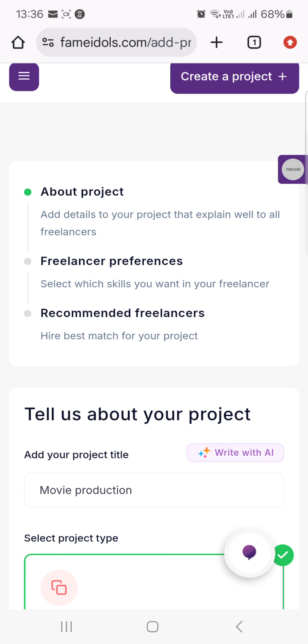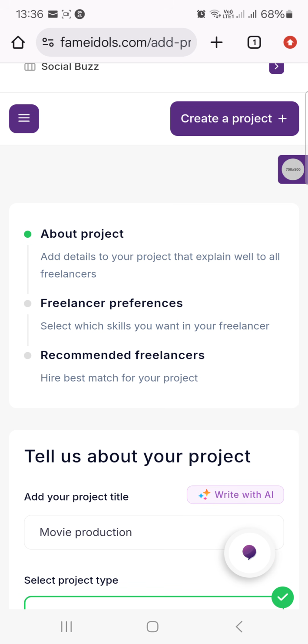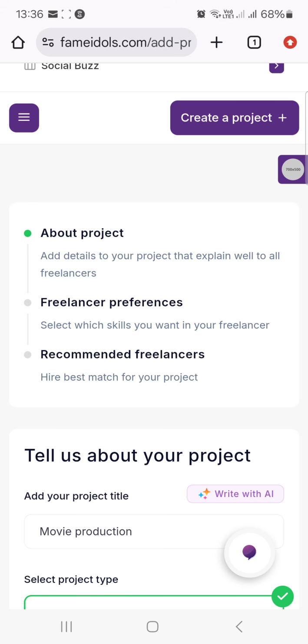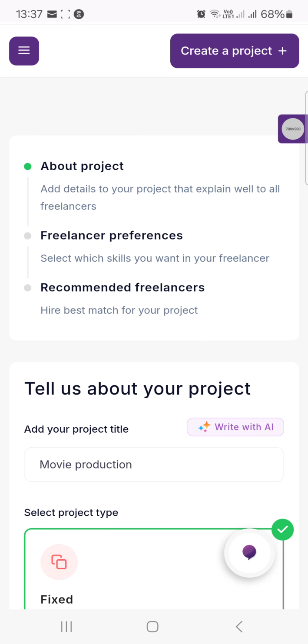Next it is going to ask you for what skills you prefer, and then the next page is going to take you to, based on everything you have written, is going to select freelancers that match your request, freelancers that match your project,